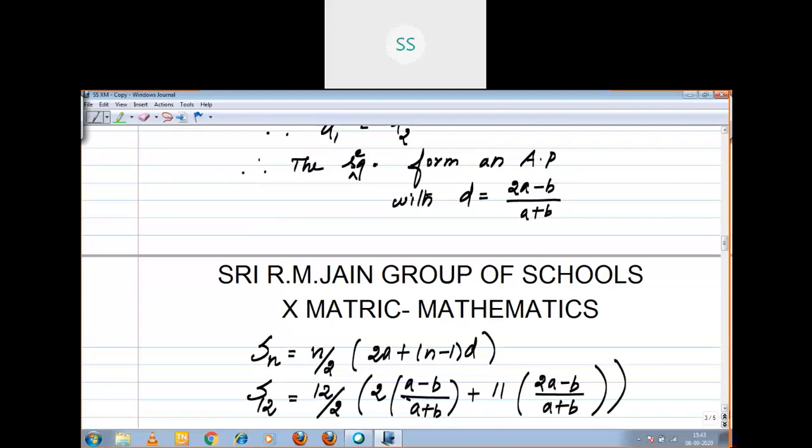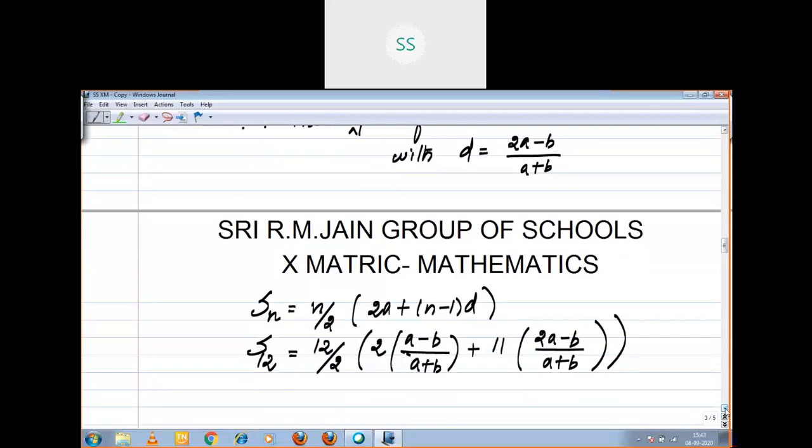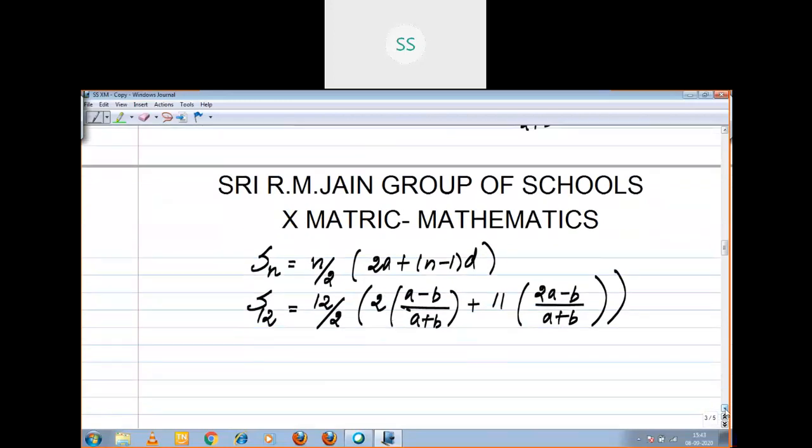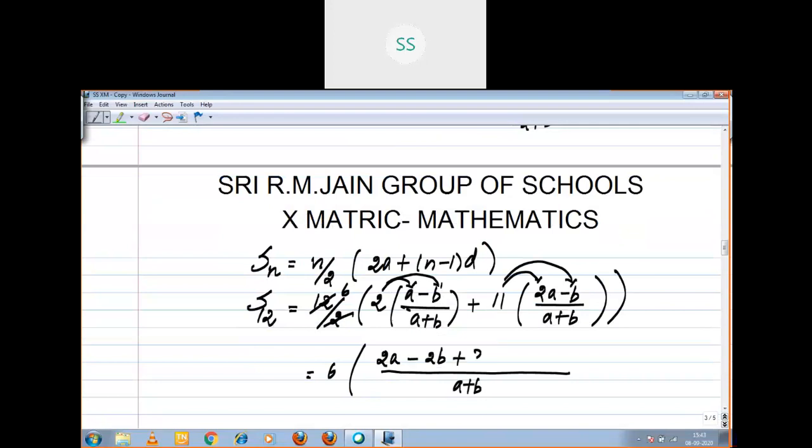Got it, children? Now, inside the bracket, the denominators are same. Right? 12 by 2 is 6, into inside the bracket I said the denominator is same. 2a, use 2 and multiply. Use 11 and multiply. Got it? 2a minus 2b plus 22a minus 11b. Got it, children? Say yes or no? Which is equal to 6 into